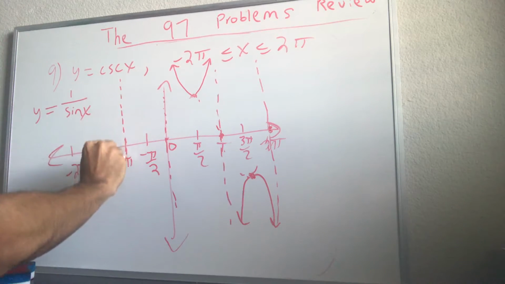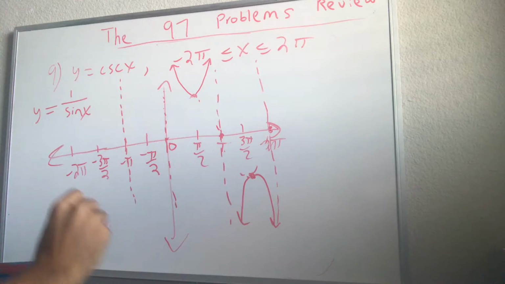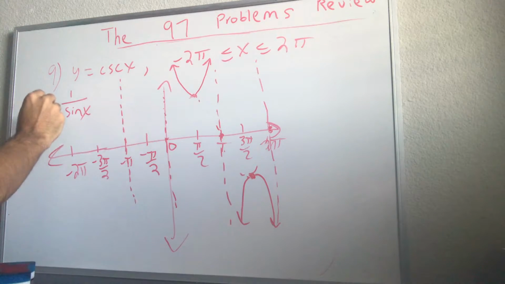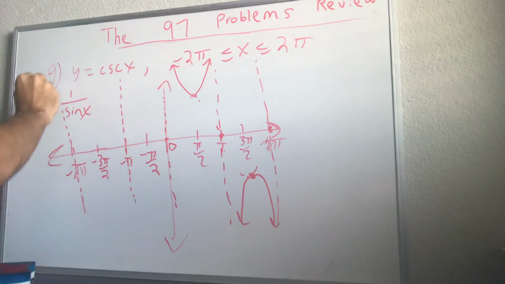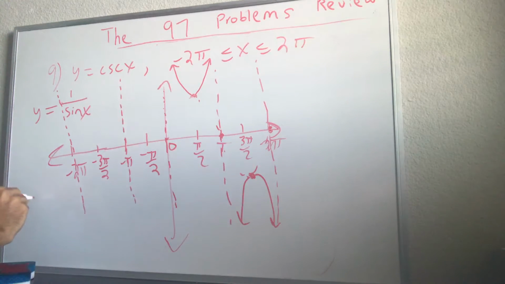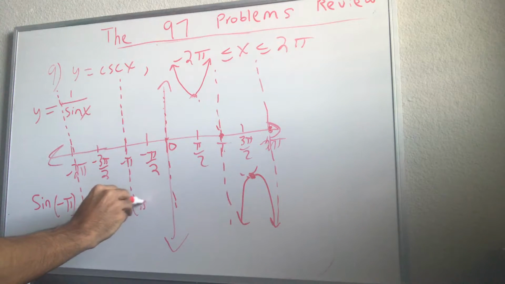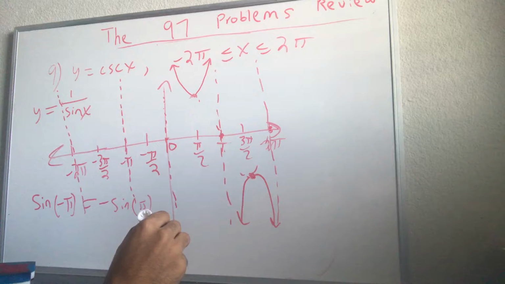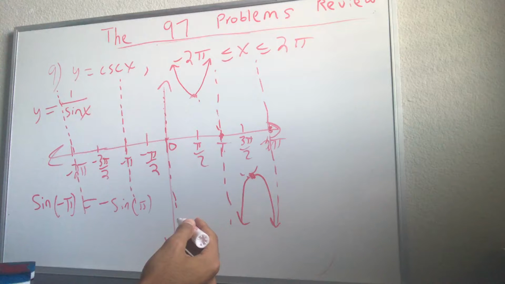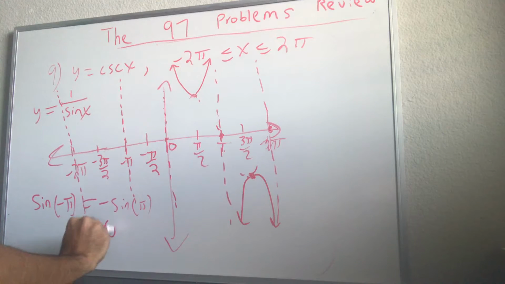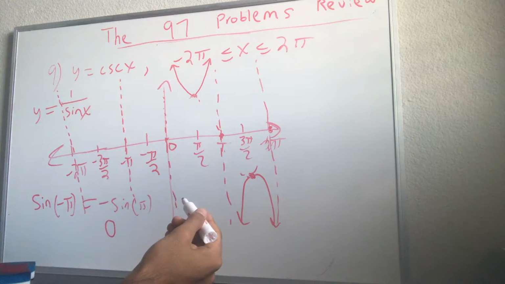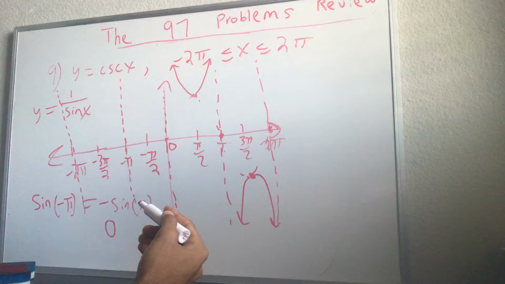So we have an asymptote here, and then we also have an asymptote at negative 2 pi. At negative 2 pi, right? We have an asymptote there. And again, the reason is you think of this as sine of pi, right? So we know that sine of negative pi is equal to negative sine of pi. And so what is sine of pi? We know that sine of pi is 0. So if sine of pi is 0, the negative isn't doing much. Negative times 0 is still 0, right? And because that 0 is still there for cosecant of x, that means that there will still be an asymptote